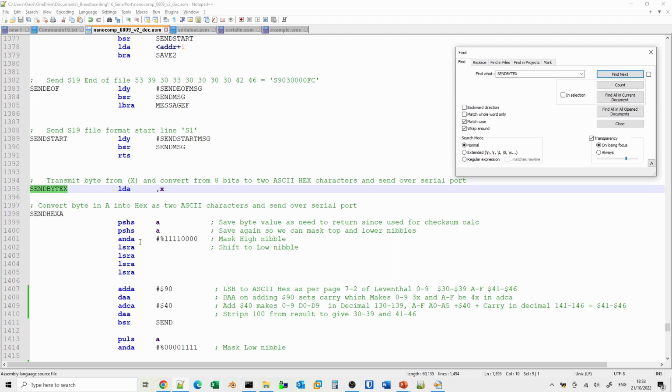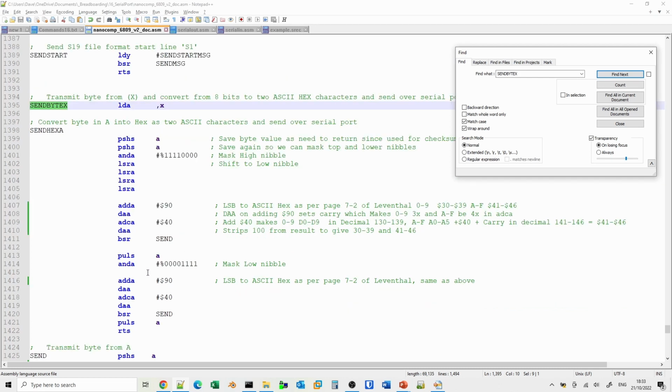And then what we do is we mask out the most significant high nibble, a nibble being the 2 components of a hexadecimal digit. So the most significant nibble is the left-hand one, and the least significant nibble is the right-hand one. Having done that, we then logically shift right that value, so effectively move that high nibble value down to the low nibble value.